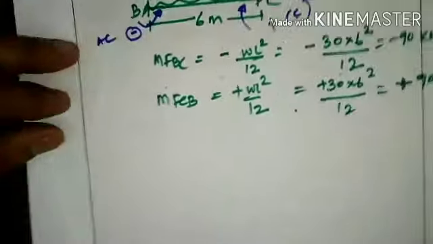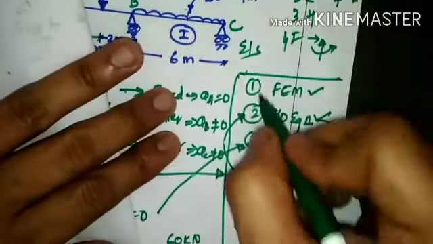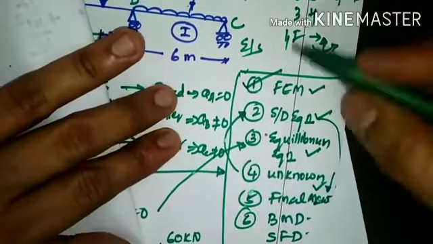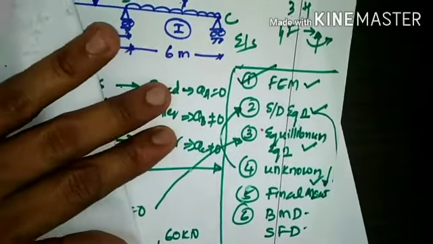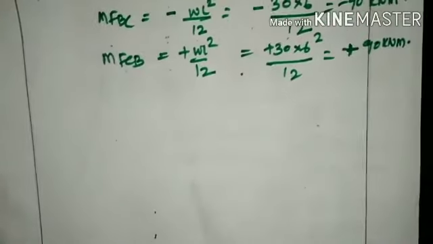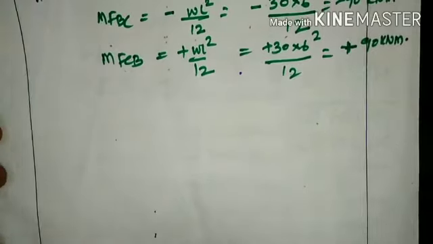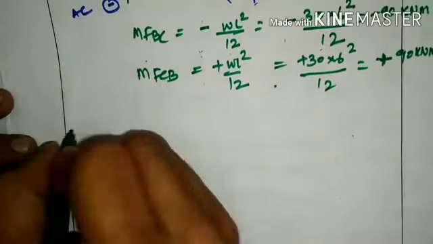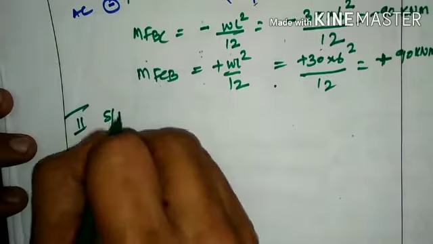So these are the fixed end moment values that are required to evaluate the slope deflection equation. So the first step is over, that is the computation of fixed end moment. To find this particular value of fixed end moment, it is very essential to remember all these formulas that have been listed in the previous session. After this, the next step is to note down what is the slope deflection equation.